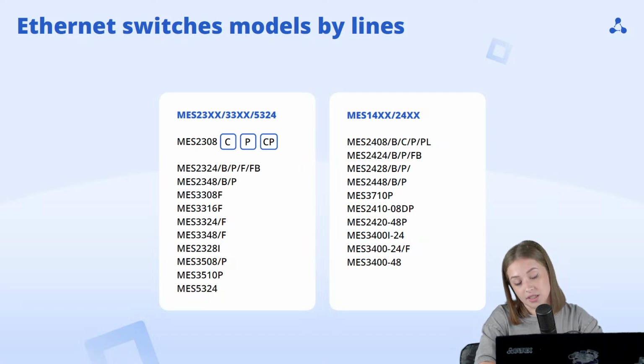Firstly, let's consider which switch models correspond to each line. The digits XX mean the number of the downlink ports. As you can see, the MES23 line consists of the MES23xx, MES25xx, and also MES2324. For the MES24 line, we have the MES14xx, MES37xx, and also MES2410, MES2420, and